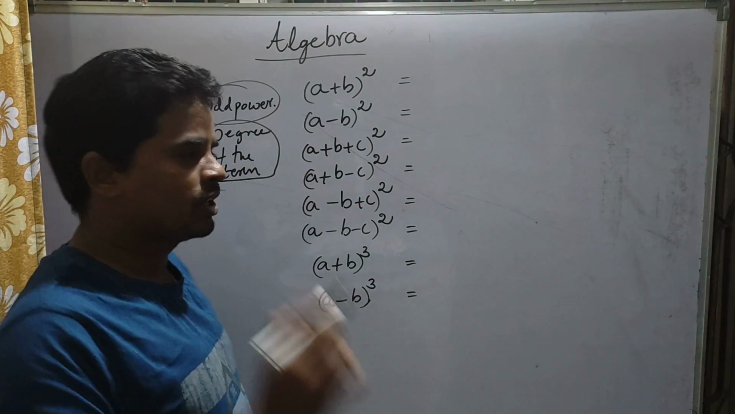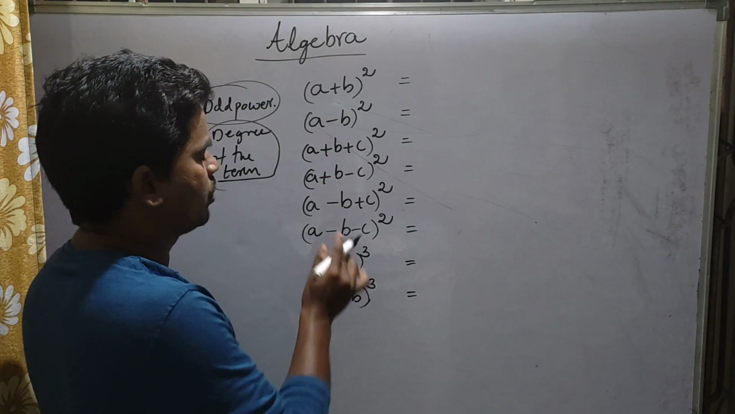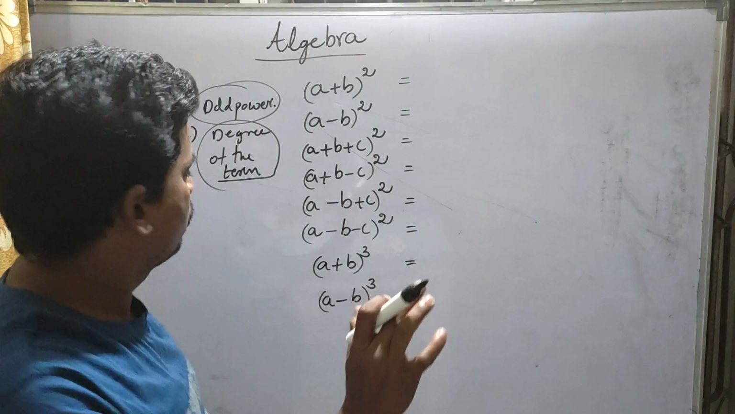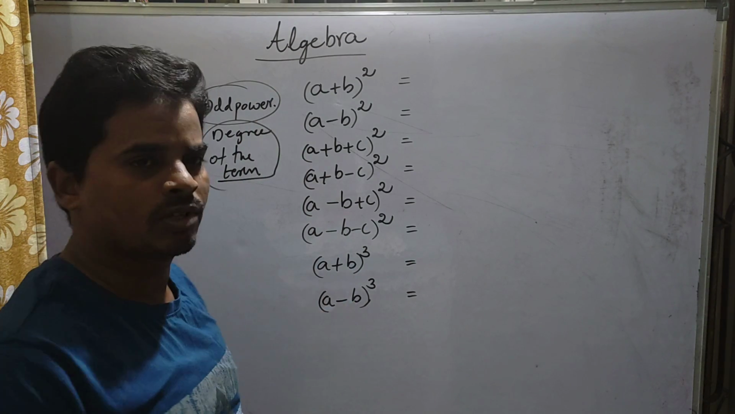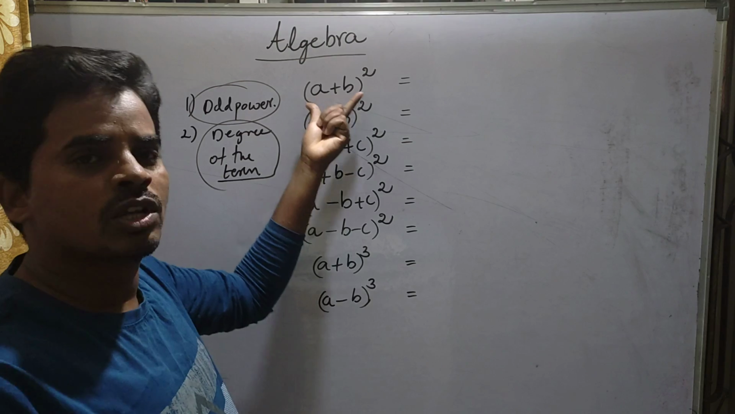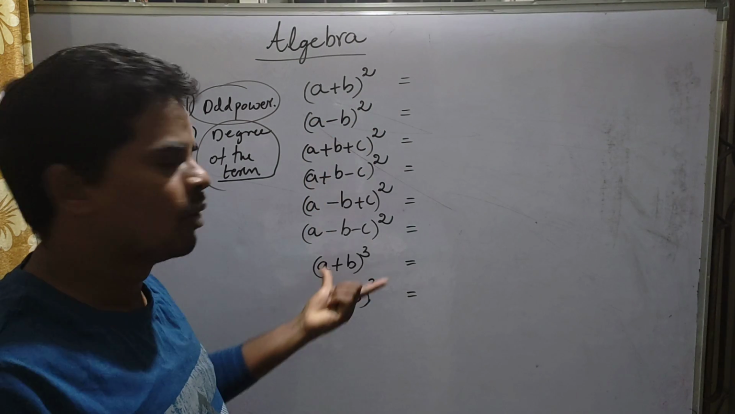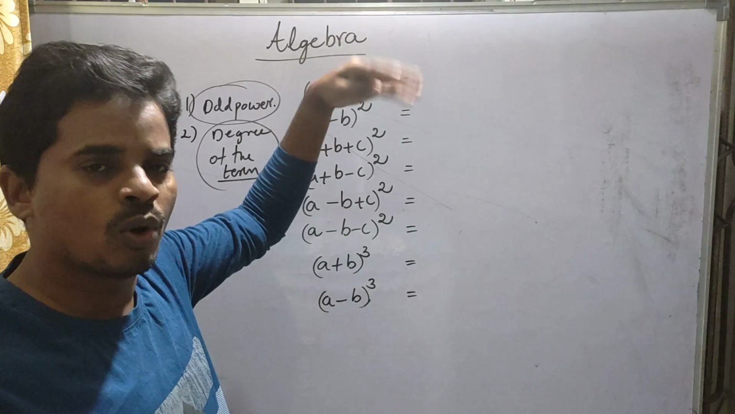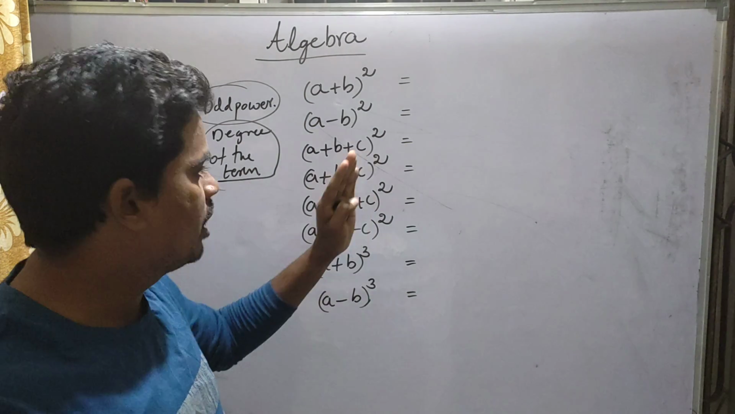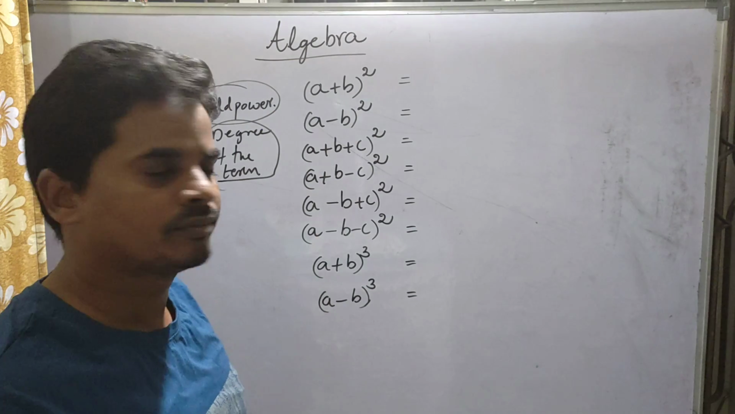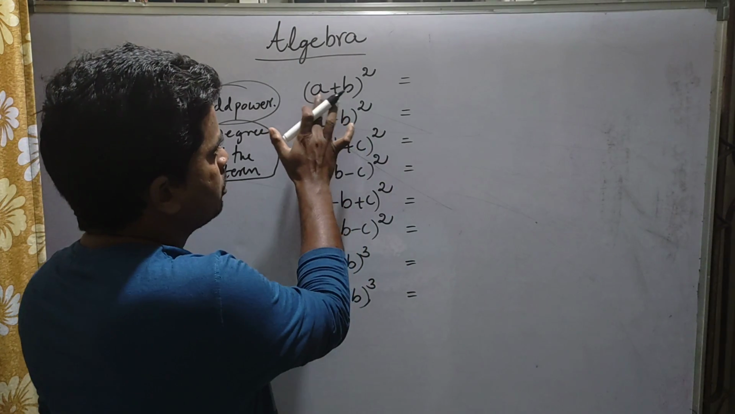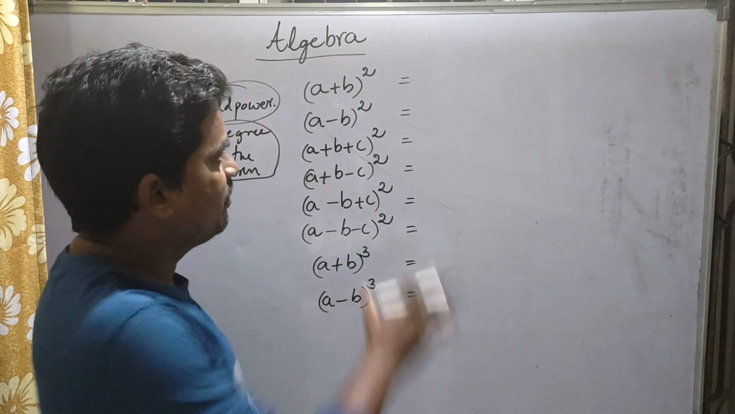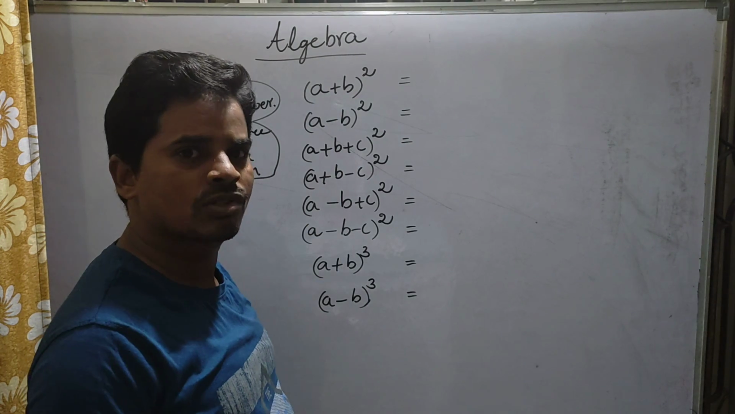Okay. So first of all, a plus b whole square. This logic is applicable for these formulas only, children. Whole square, whole cube, whole power 4, whole power 5, wherever we get squares and cubes, there we can use this logic. So first, a plus b whole square. When we expand a plus b whole square,